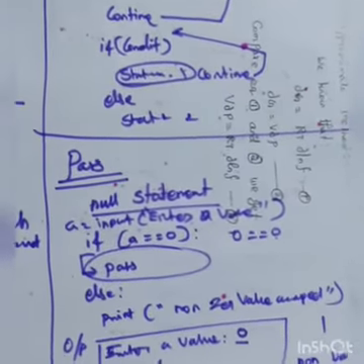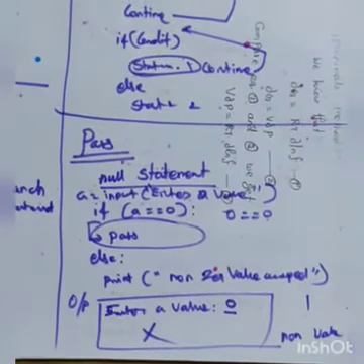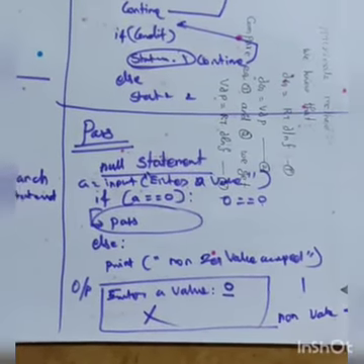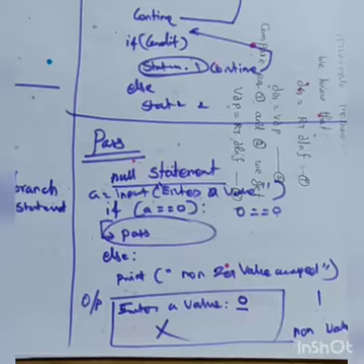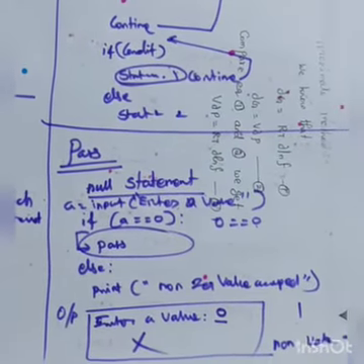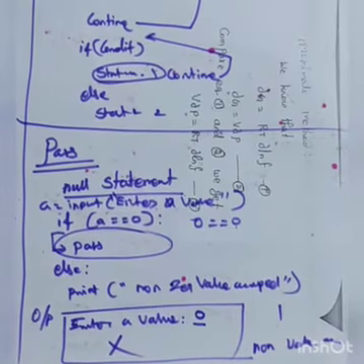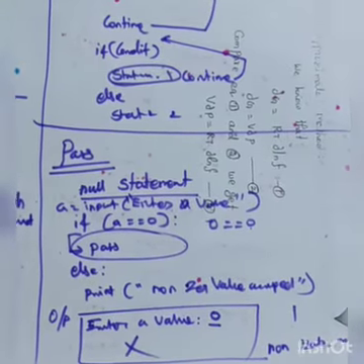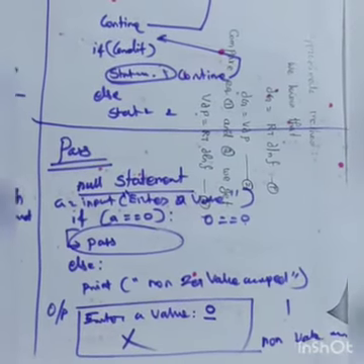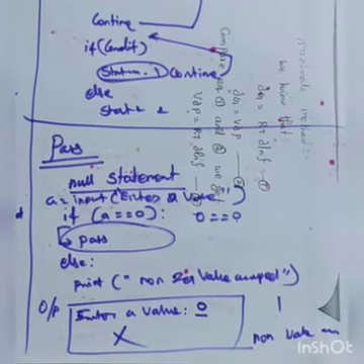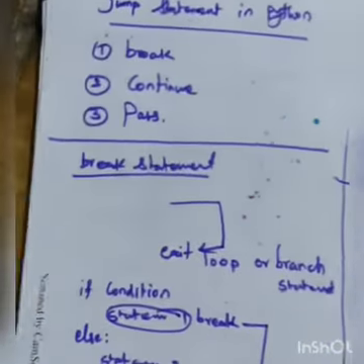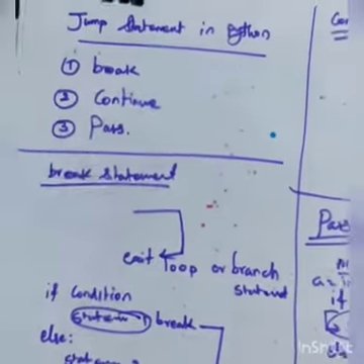So this chapter is over. Control structures are mainly used, and here there are two things: one is branching, one is loop statements. So if statement, if else statement, if elif statement; next for loop and while loop, then nested loop. Next, jump statements, there are 3: break statement, continue, pass.